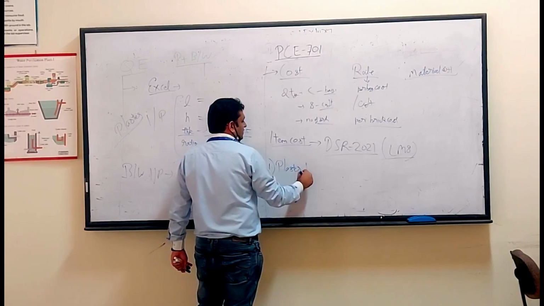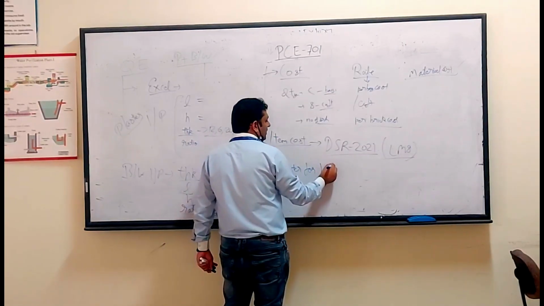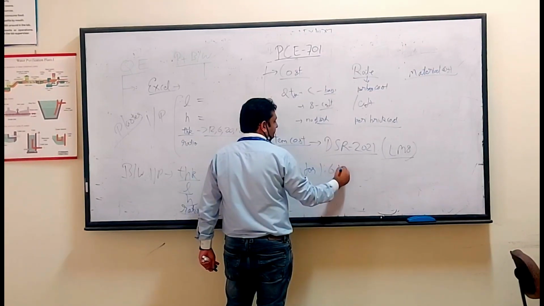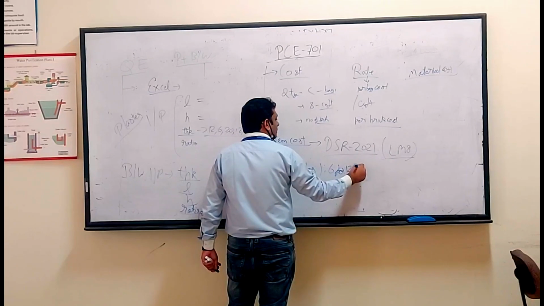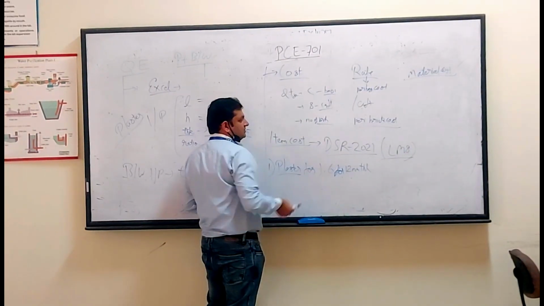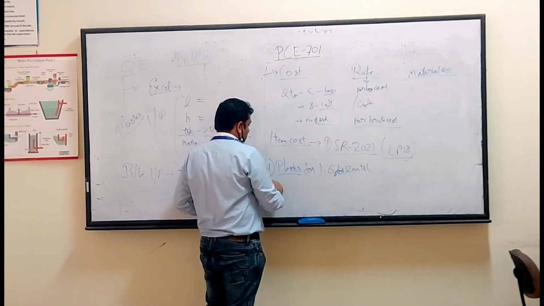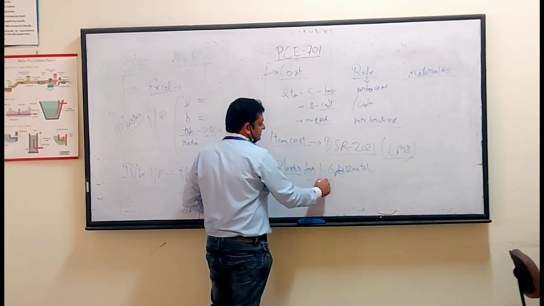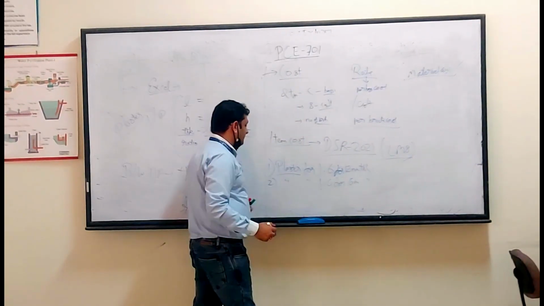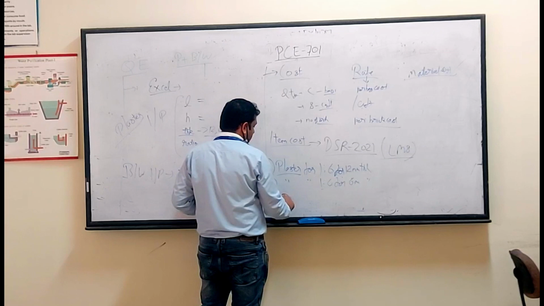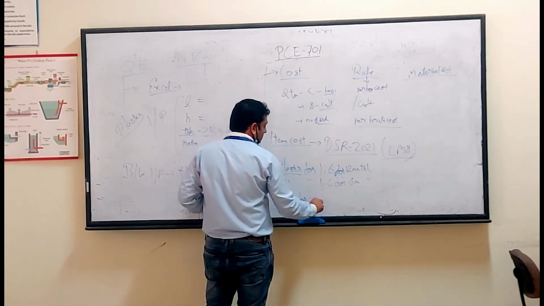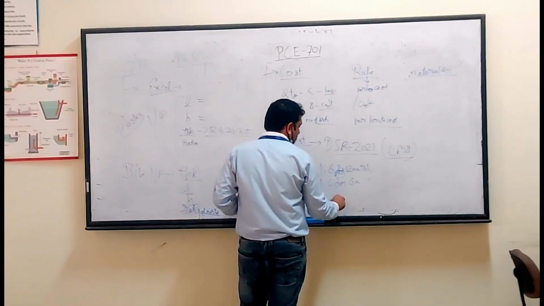Plaster for 1:6 ratio for 12 mm thickness. There will be an item for plaster for 1:6, as I told you, for 12 mm thickness. Second is plaster for 1:6, 6 mm thickness, for ceiling work. And the third item will be brickwork for the wall thickness in the mortar ratio of 1:6.